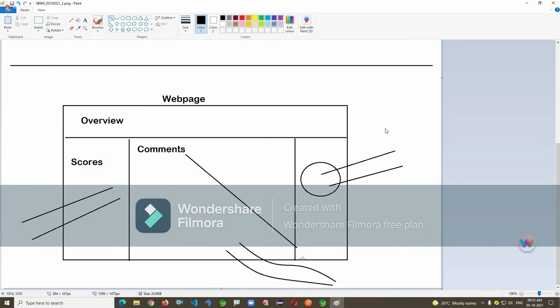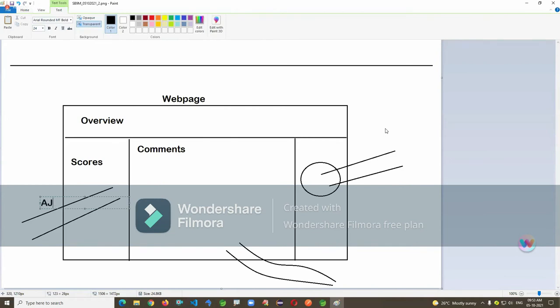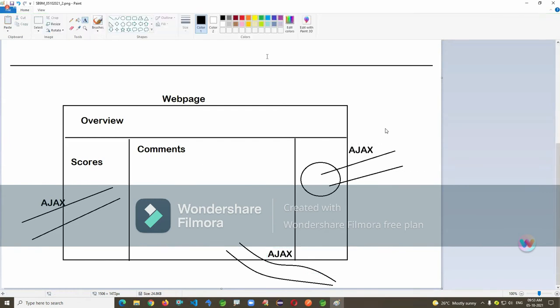When the comment section is updating, no need to reload the score area. This is separate and this is separate. Divide the page into multiple parts and those can make requests in parallel, with no need of reloading the entire page. Such a process is implemented by using Ajax. Using the same concept, Angular and React were also designed: a single page divided into multiple components and finally added to one master or root component.